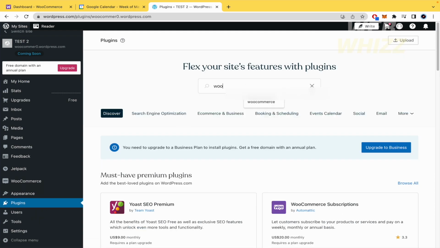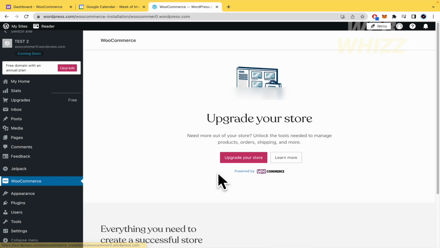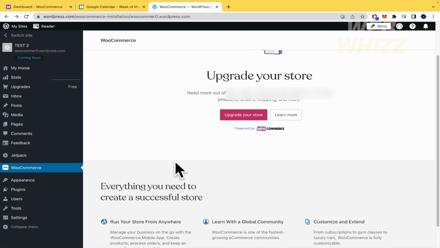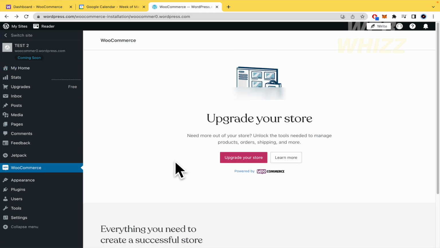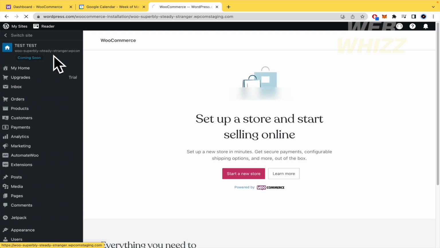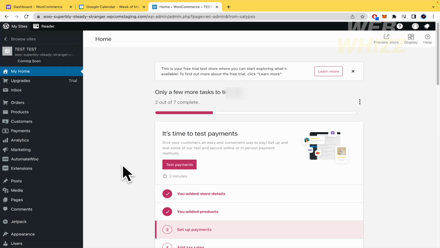There is a powerful plugin with WooCommerce that is going to allow you to configure and set up your payments, but you must upgrade your store, and to do that you must pay around $40 per month. So I'm going to switch again to my main page here in WordPress that is linked with WooCommerce too,